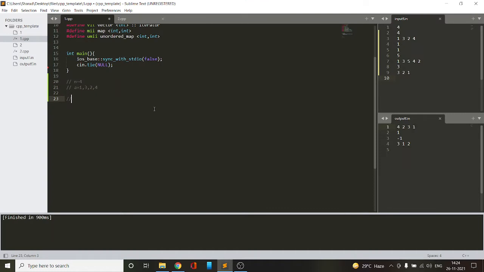For example, if p equals say 3 1 2 4, then 4 will always come at the last step, because we will first compare 3 and 4, we will pop 3, we will compare 1 and 4, we will pop 1, we will compare 2 and 4, we will pop 2. So no other element in the array is greater than the value of n, that is 4.